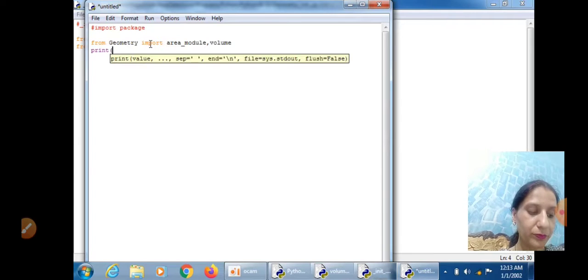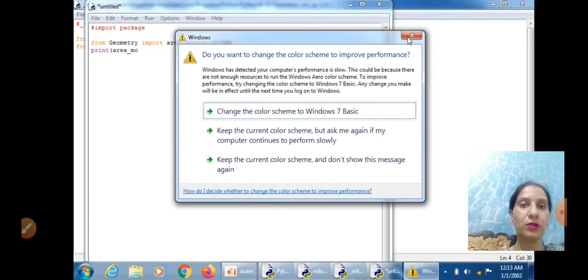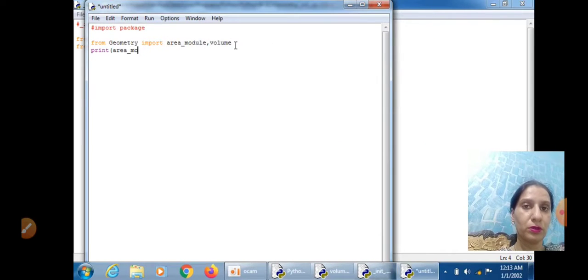Print area_module dot rectangle_area. area_module is the module name, and rectangle_area is the function inside the area_module, and pass the values of length and breadth. Suppose we have passed 10, 20.